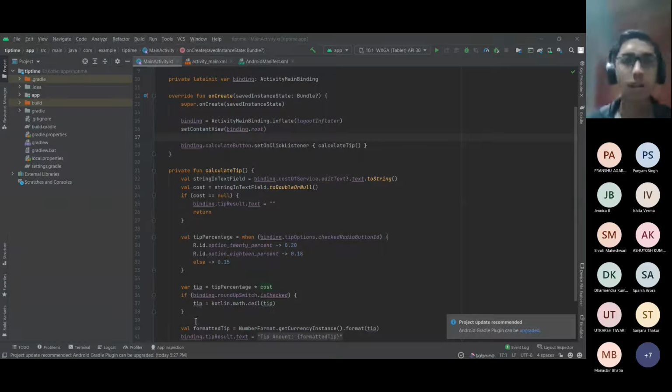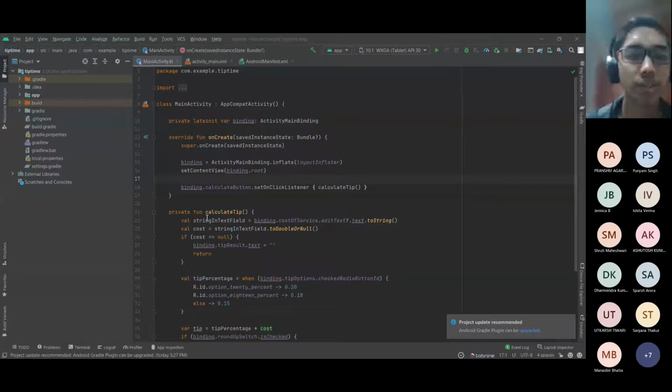You are audible. Good. Yeah, so this is Tip Time, which is an app you'll be building in your second unit, but it'll contain your basic concepts as well. So, I mean, if you built your first app, then you shouldn't be having much difficulty with this as well. So, let's just review the project files that we discussed earlier, and then we'll move on to the code part.